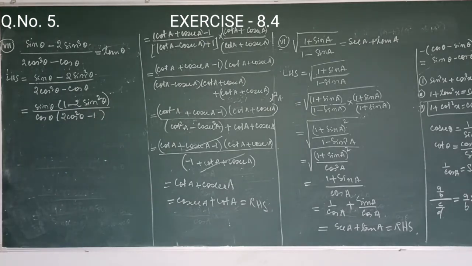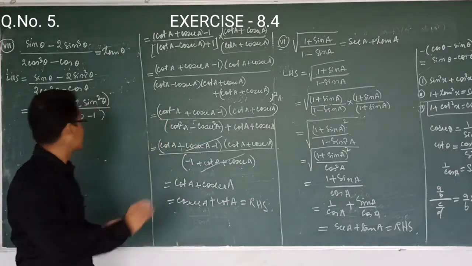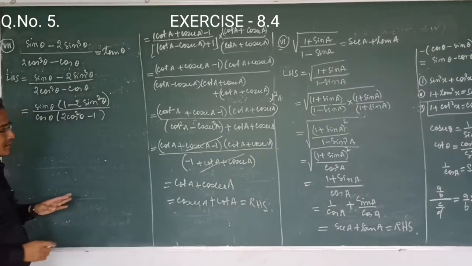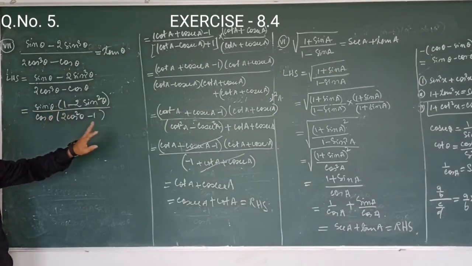Now you will see sin by cos is tan, but we have to cancel this. If you cancel this too, then you are able to get the proof. So this is not yet the proof. Then what can we do? We use sin square x plus cos square x equals 1. So this 1 is a very important number, and we take lots of benefit from the 1.